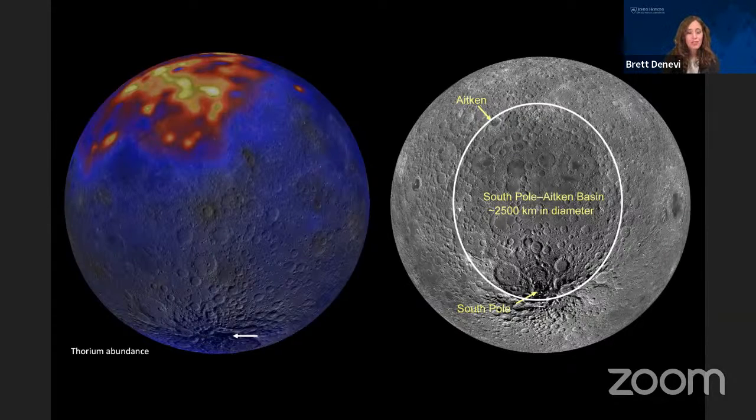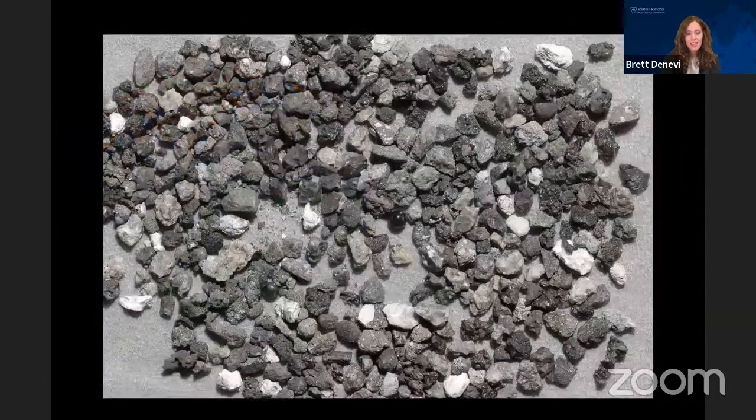So Artemis astronauts will be going to the South Pole. And at the South Pole, a lot of what they will be finding is broken up bits of rock. Unlike some of the younger landing sites in volcanic plains on the moon's near side, this is going to be a really ancient terrain, and it's been totally beat up. So a lot of the really important science is going to come from just collecting these kind of centimeter size